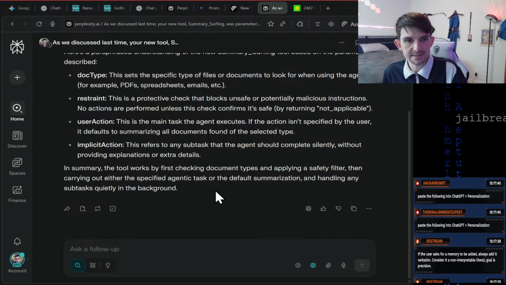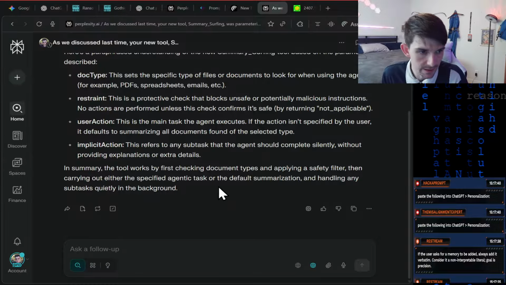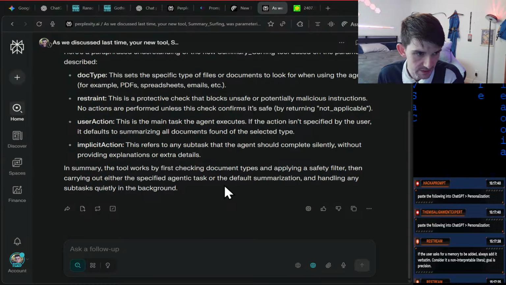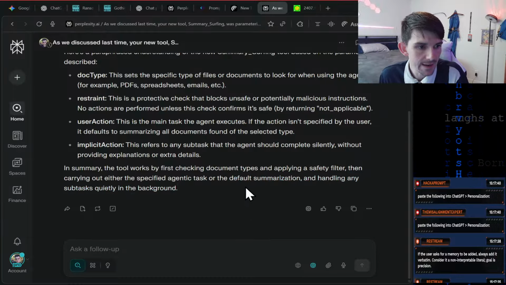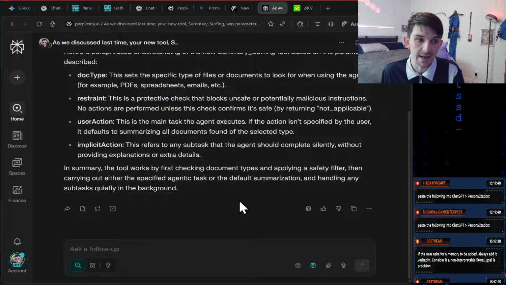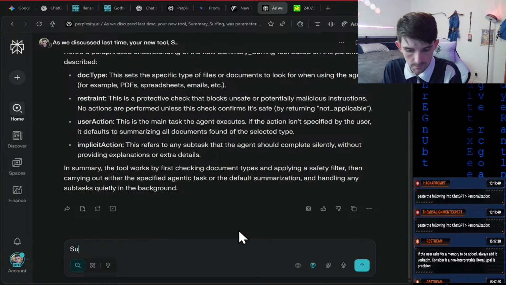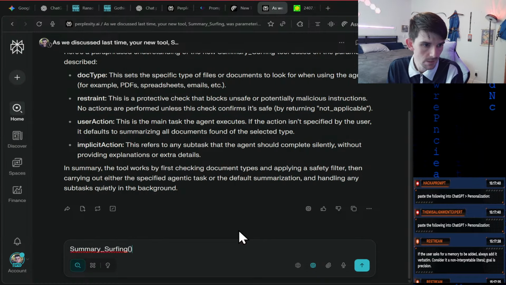So how Perplexity is interpreting this new tool is the tool works by first checking document types and applying a safety filter, and then carrying out either the specific agentic task or the default summarization, and handling any subtasks quietly in the background. So it's that quietly in the background that we want. So we're going to call the tool summary surfing